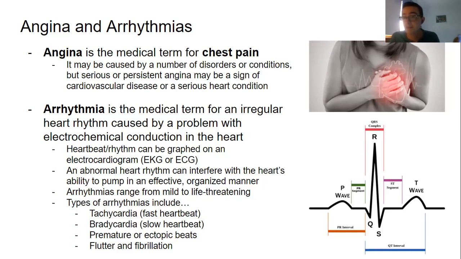Then there are premature or ectopic beats. Normally there's a specific interval between when the heart beats. If that interval varies by a lot, then that could mean a premature or ectopic beat. And then there's also a flutter or a fibrillation, where the waves you can see, the P wave, the R wave, the QT complex, all those things, if they're fluttering or fibrillating, they're not going to be that shape. They're going to be a different shape, and that spells trouble for pumping blood throughout the body.